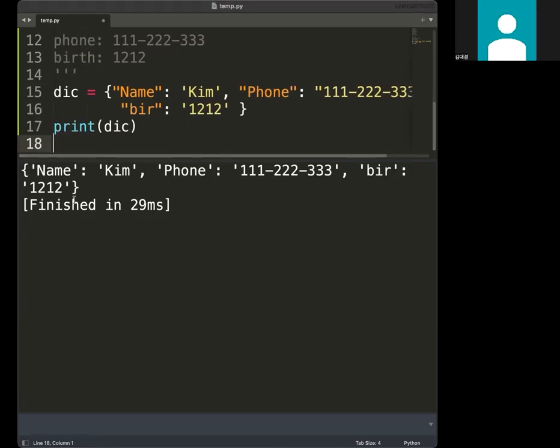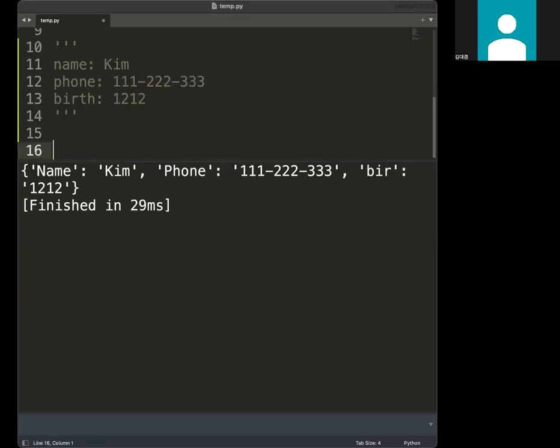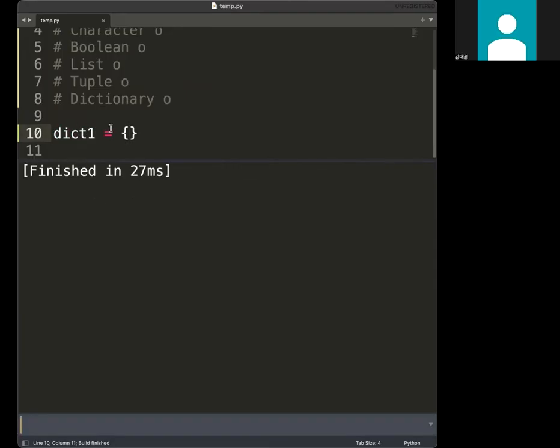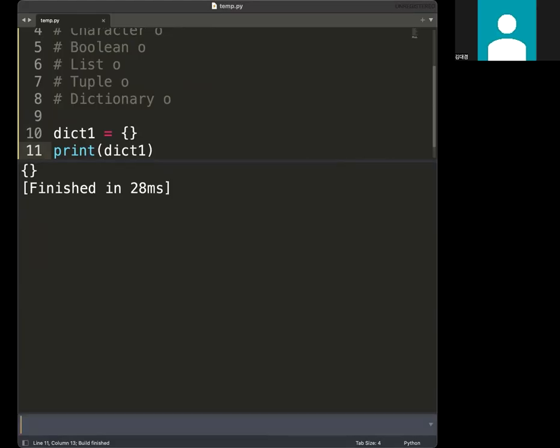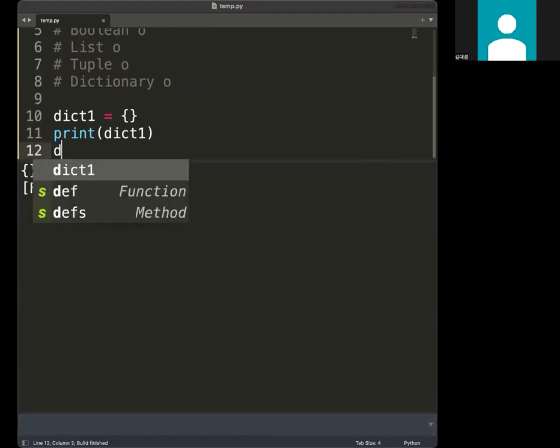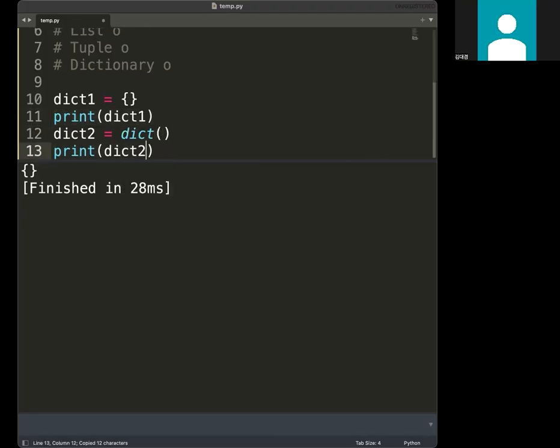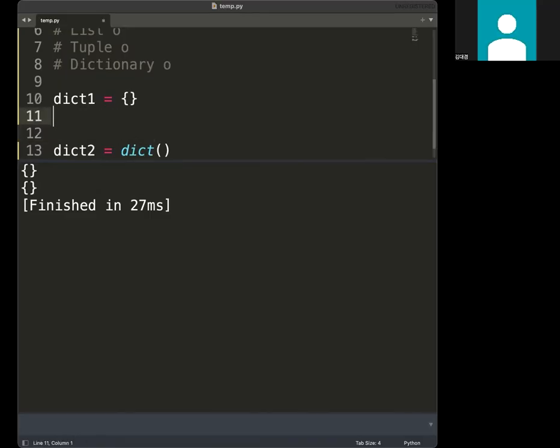If you want to declare an empty dictionary, you can do it like this for the empty dictionary. Or another way you can do it is like this for the empty dictionary. And then if you want to add key and value pairs inside, for example, you can